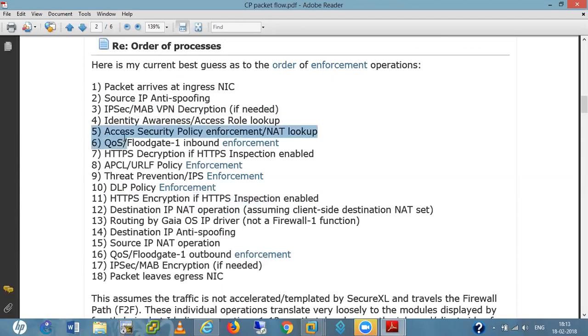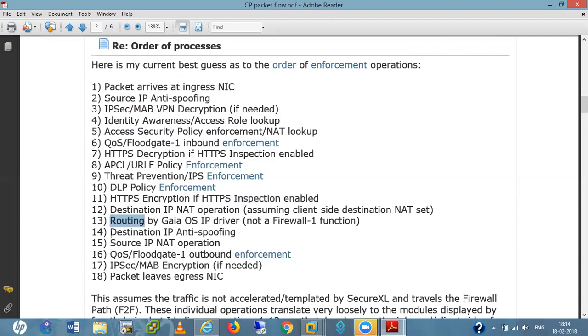Basically in this step 5 it only finds out the rule, to find out whether this is NATed traffic or not. Here it applies the NAT. Now it goes for routing into the Gaia routing table, the Gaia operating system routing table.